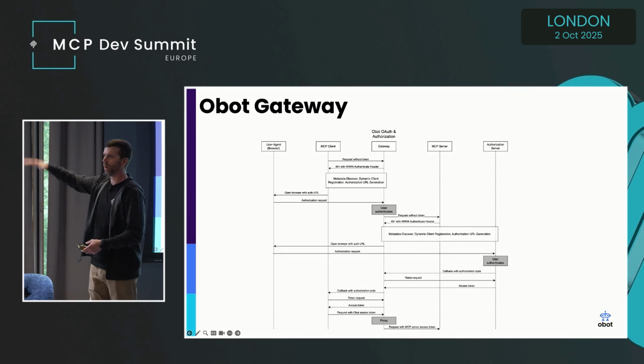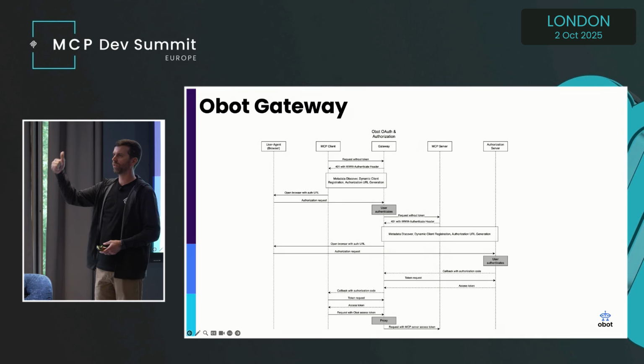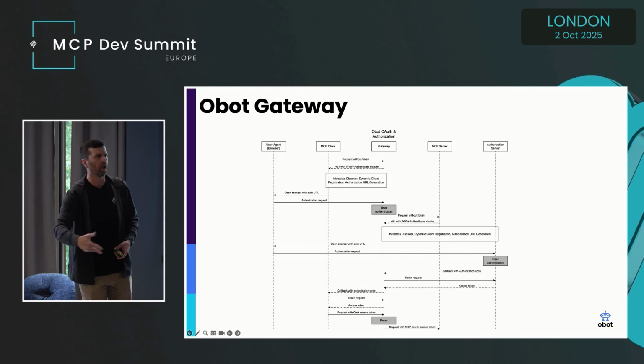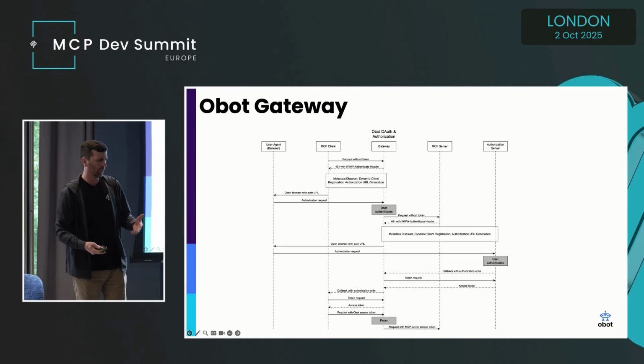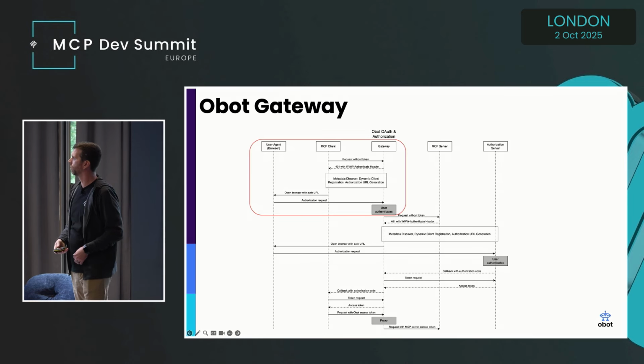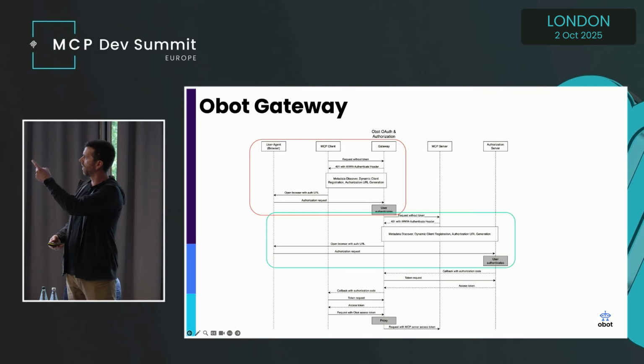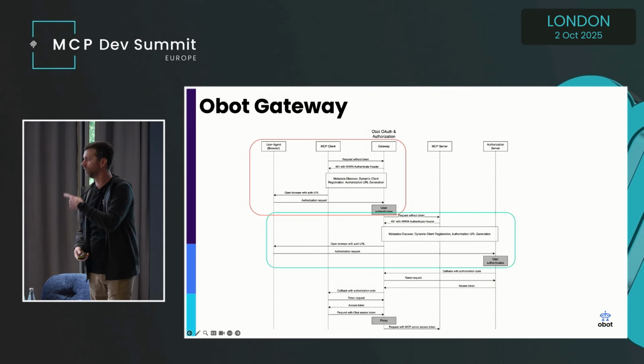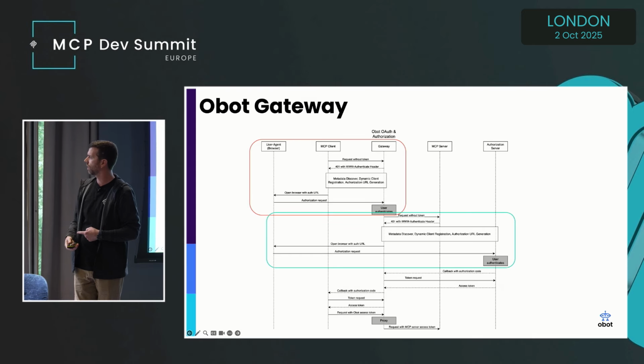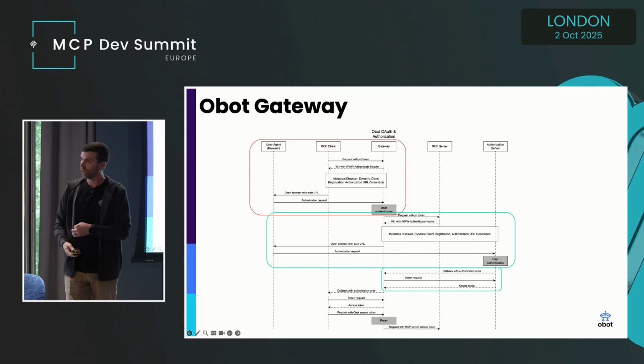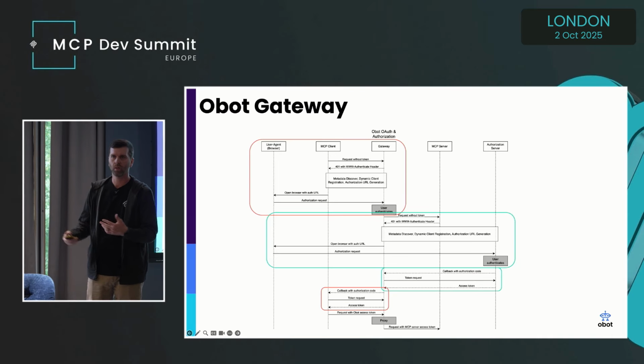So again, the whole process laid out. We are the authorization server, the MCP client, all those things. Again, it gives us a unique experience here. So there it is. We've outlined the first authorization, the second authorization, the second callback rather, and then the first callback. It all happens in one flow.